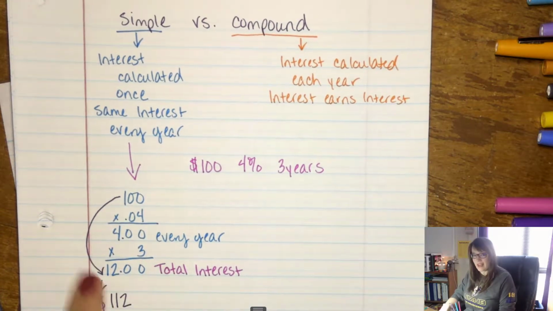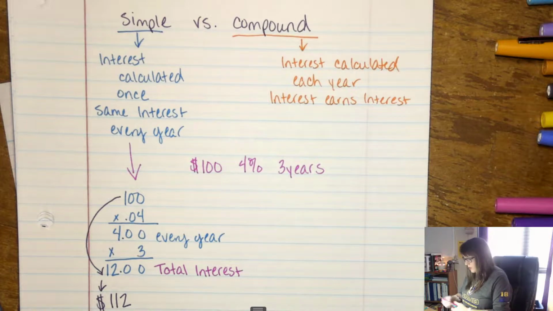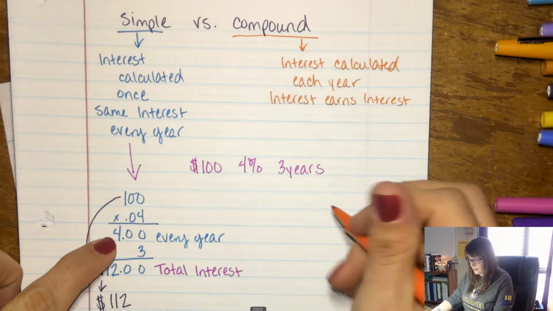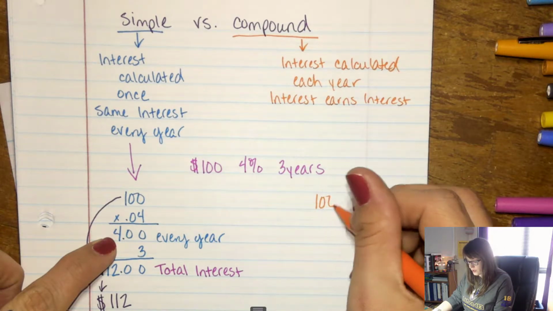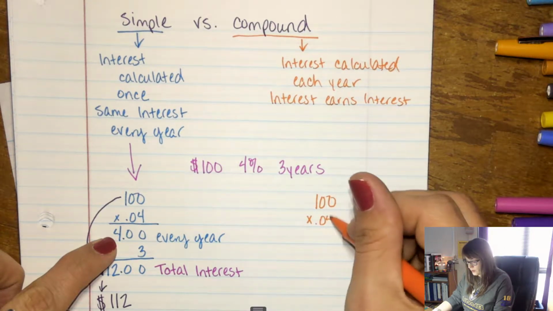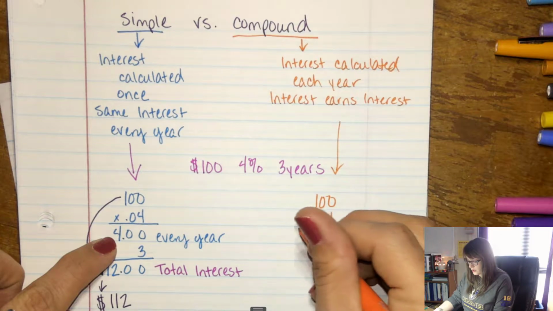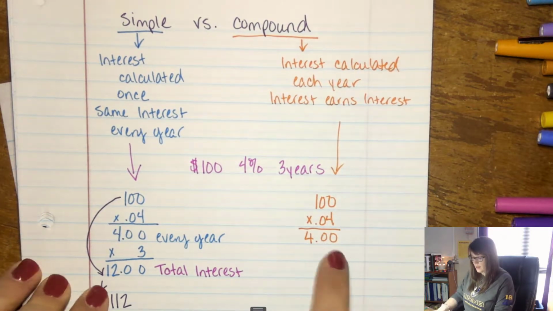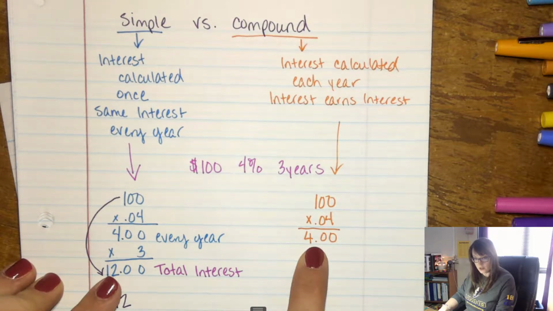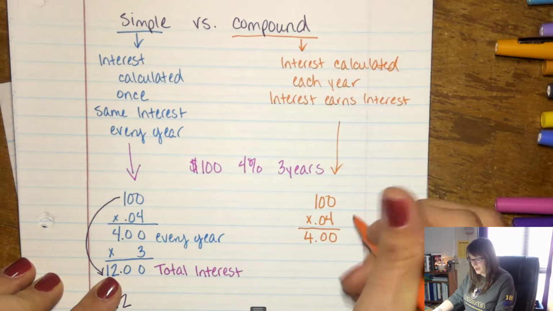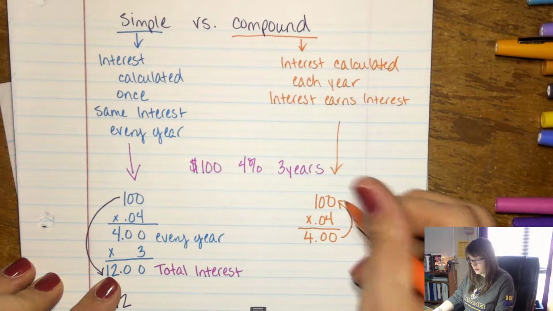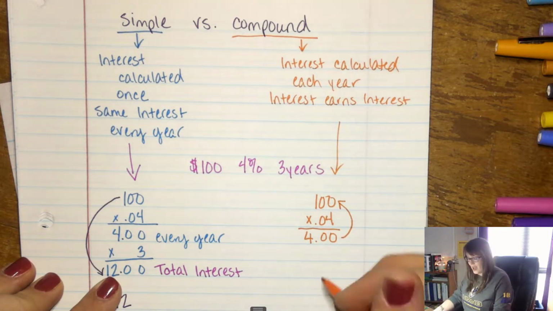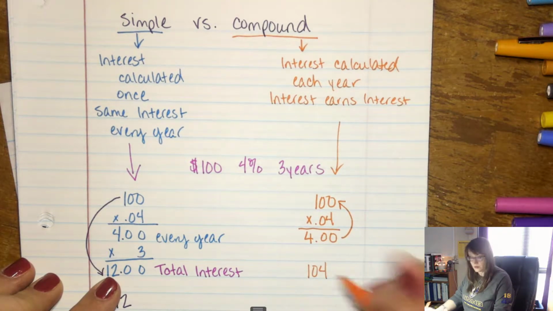We're going to have to do this every year. So with compound interest, same thing. This first step is the same. So you have 100 times 0.04, and we still get 4.00. That's the first year. I add that back. So the next year I have $104